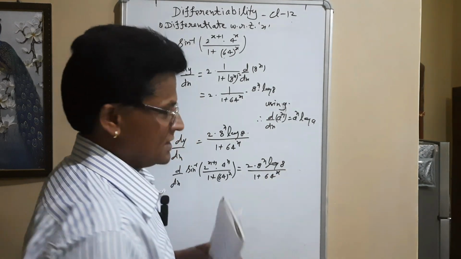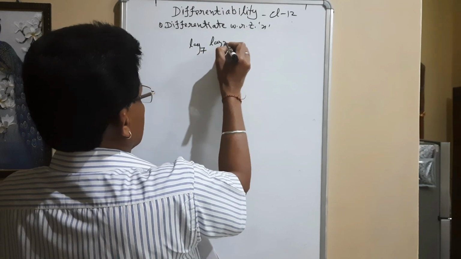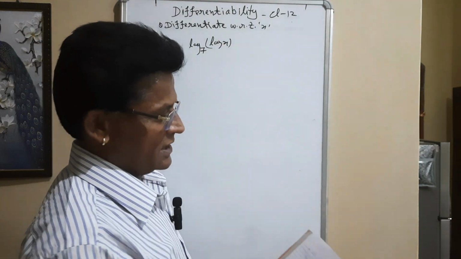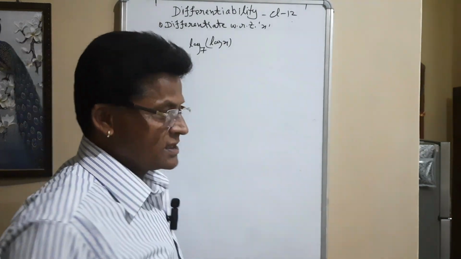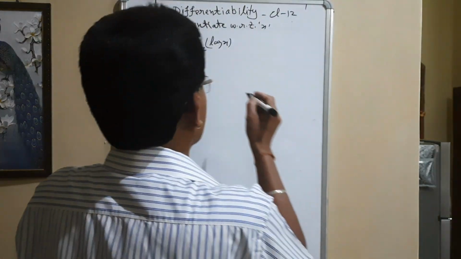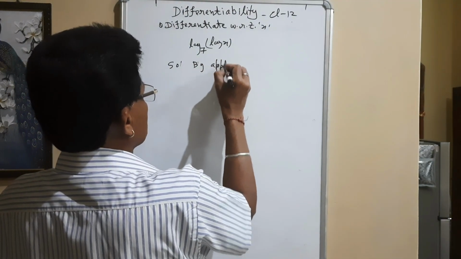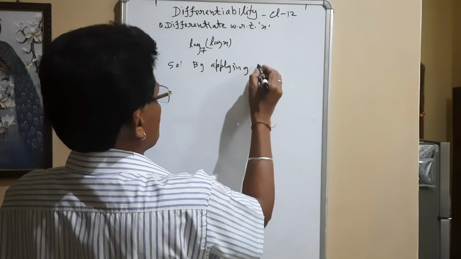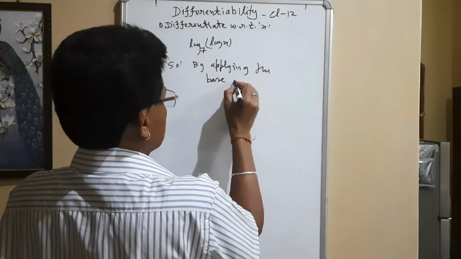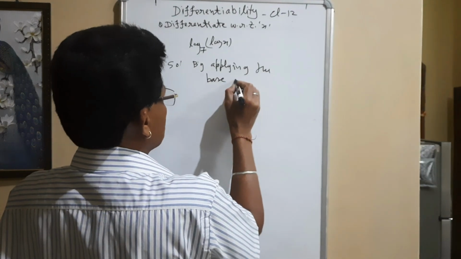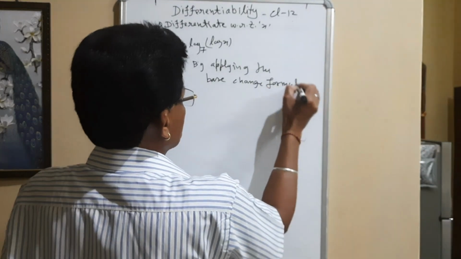Most important question, log x at base 7, that is log base 7 of log x. Generally the student commits mistakes in finding the differentiation of such types of questions. Let me start. But first of all, I will use the formula. What formula will I use? By applying the base changing formula, then only you can find out the solution of such questions. What is the base change formula, my dear student?